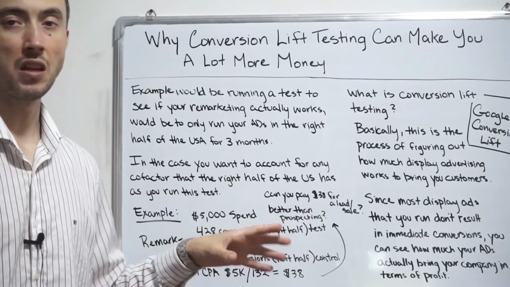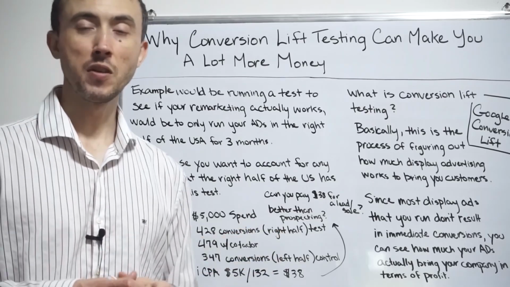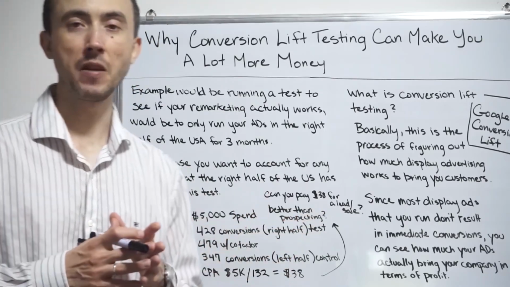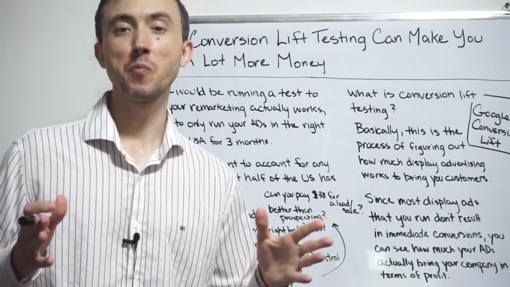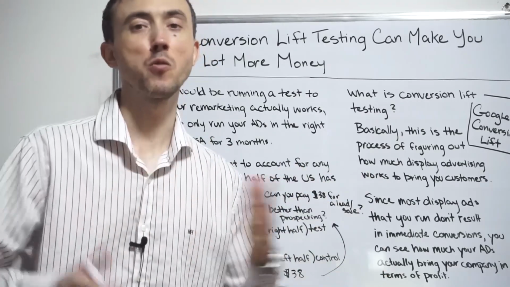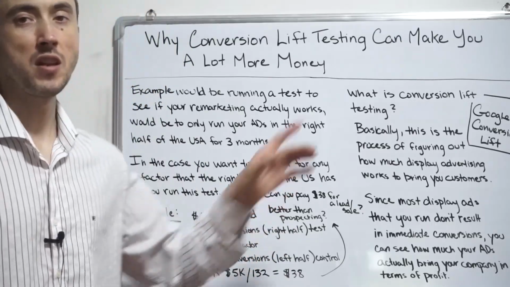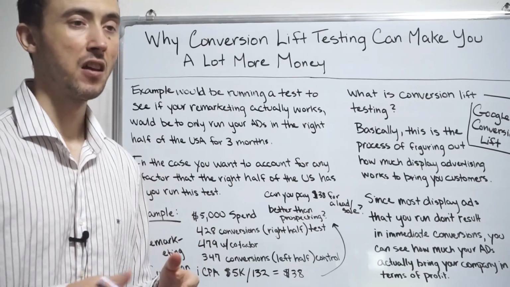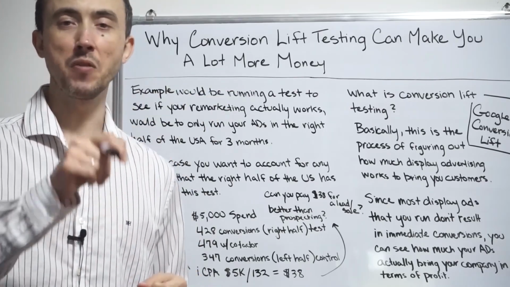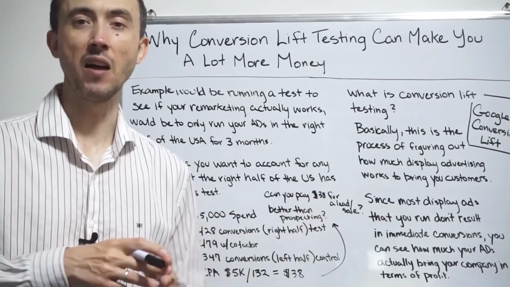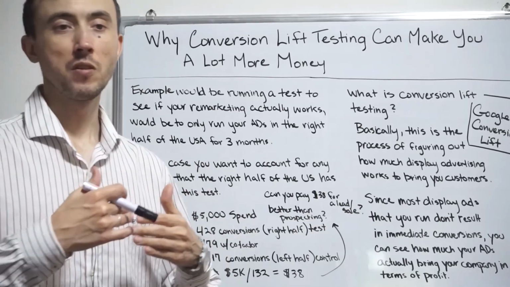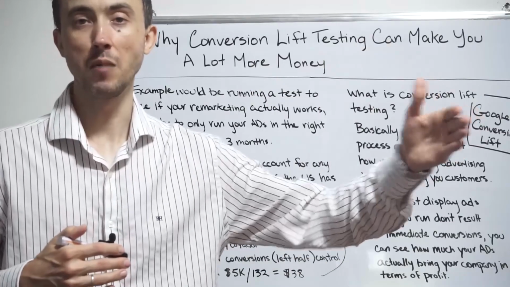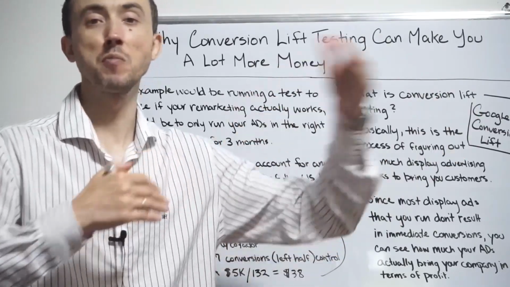They'll literally send half your traffic, basically without you having to do any work. They'll send half of your traffic that was eligible to see your video ad. So let's say you're running a video ad now. You simply go into this Google Conversion Lift tool or section of Google Ads, select your campaign, and say you want half of the people that were seeing it before to see it and half of them not. Or at the very least, if my budget is limiting my ad from showing as many times as it could have,